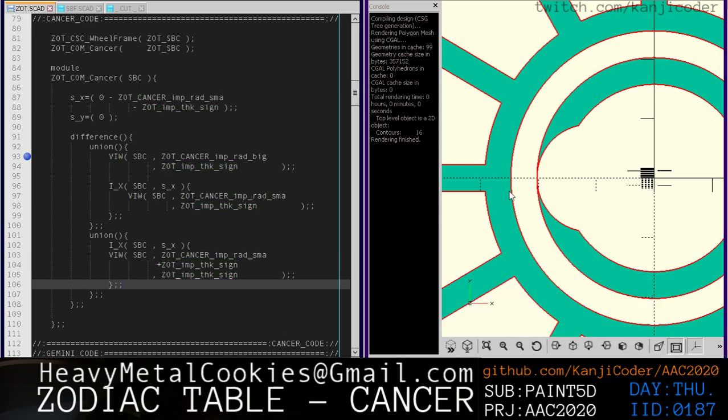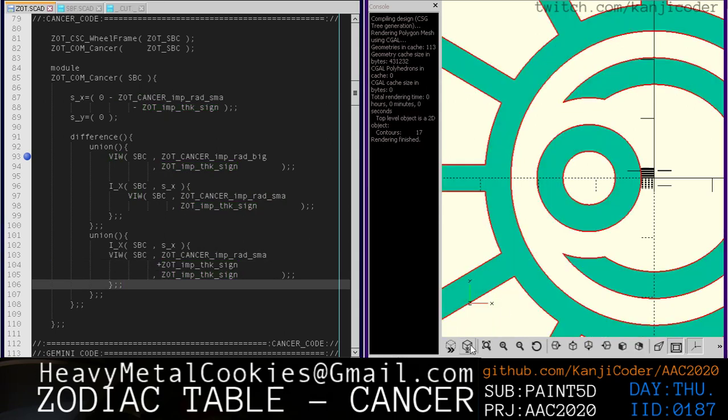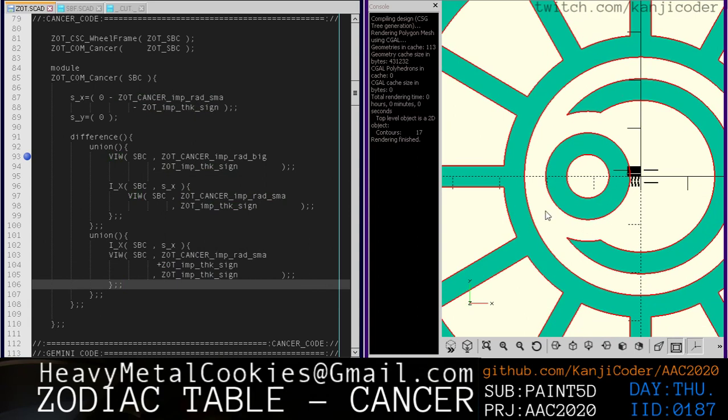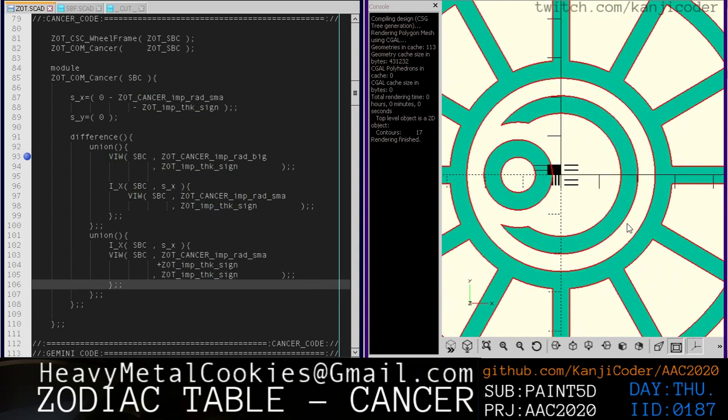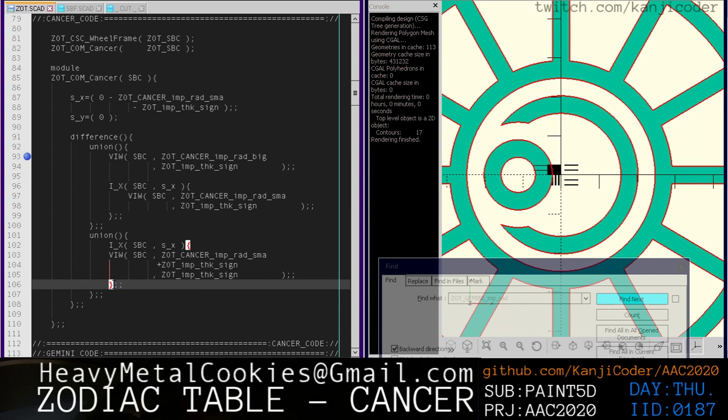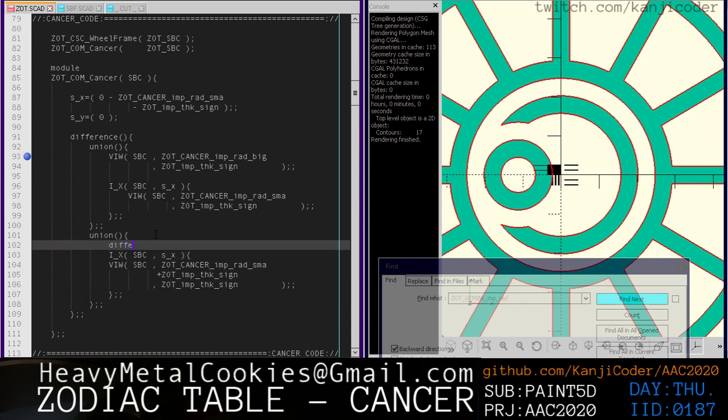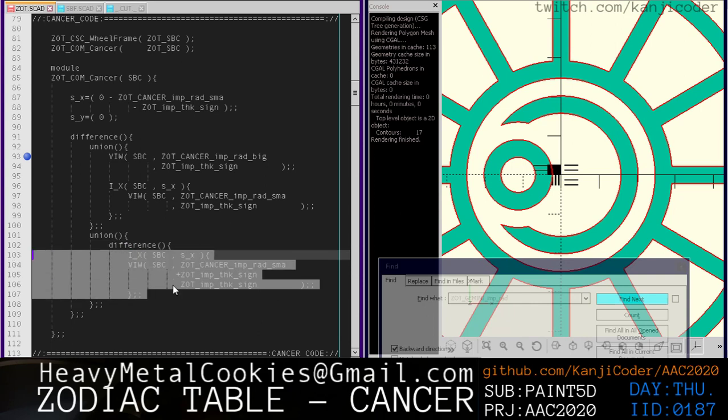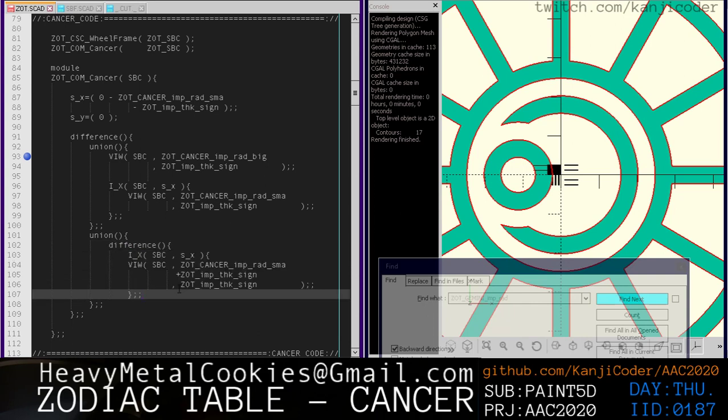But if we do that, F4, then you can see we have this perfect circle here, and we have these subtractions here. And we only want that on the top. We don't want it on the bottom, right? So in order to get that working, we can do a difference inside of here, and we can use that midline to figure this out. So we're going to take the difference of this